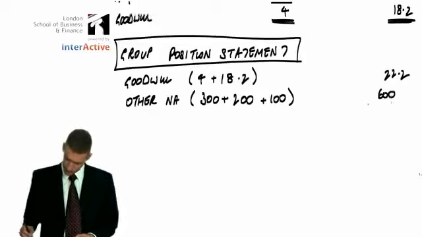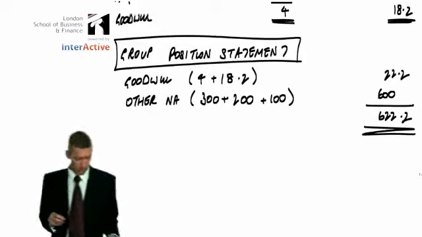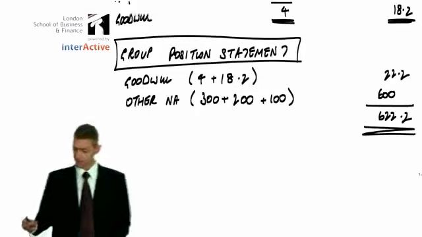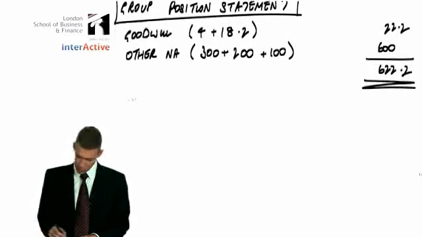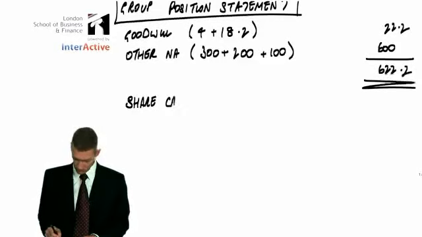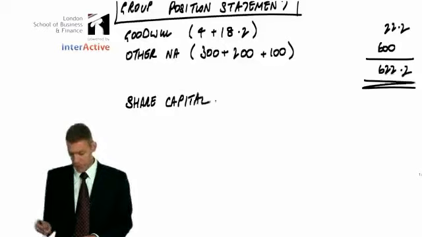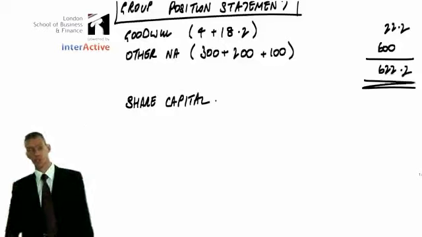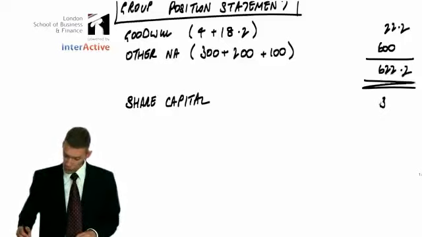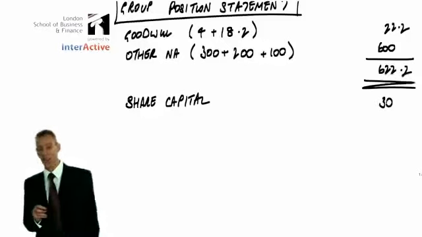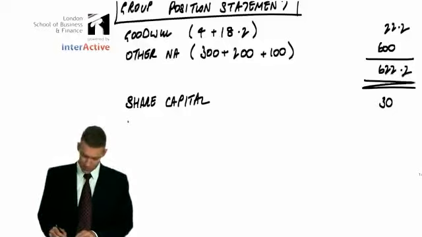So 622 on the top half of the balance sheet, and I guess we're going to get the same number at the bottom. So share capital. The group position statement will go to the group shareholders, and the group shareholders are actually the parent shareholders, and they hold shares to the tune of 30,000. Then we have the reserves,